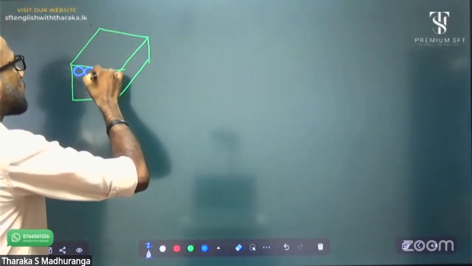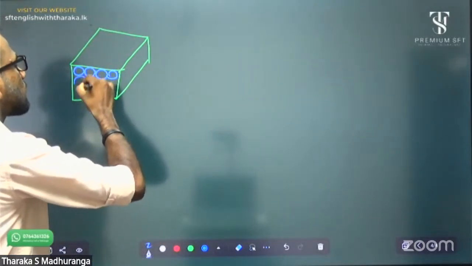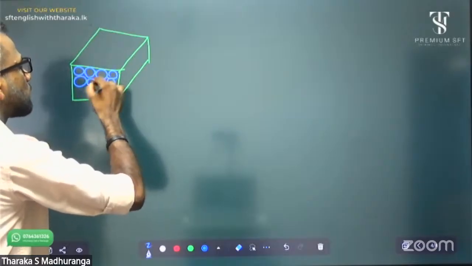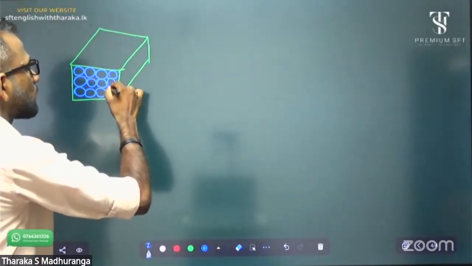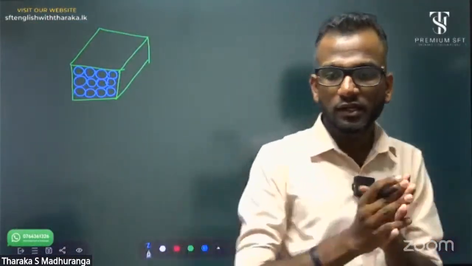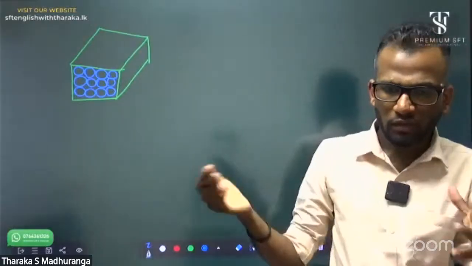That means these molecules are very close, right? When the number of reactant molecules increases, it is reactant concentration, not product or catalyst